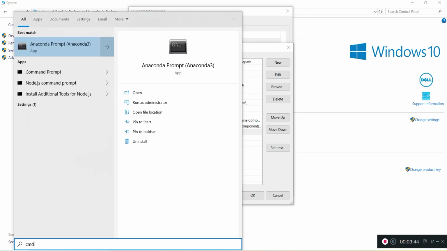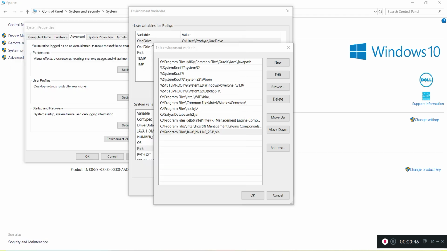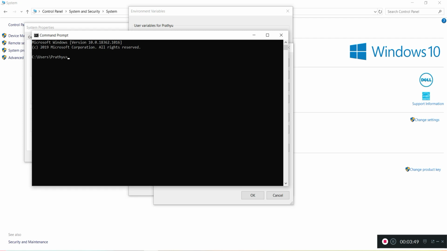I'm going to the command prompt, cmd, and from here I want to see the Java version. So the Java version is 1.8. That's what my system is currently using, and the Java compiler and Java runtime environment are also Java 1.8.